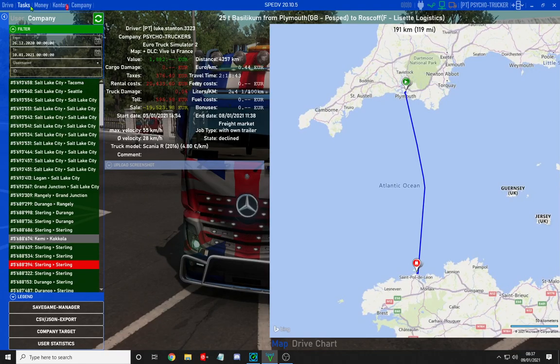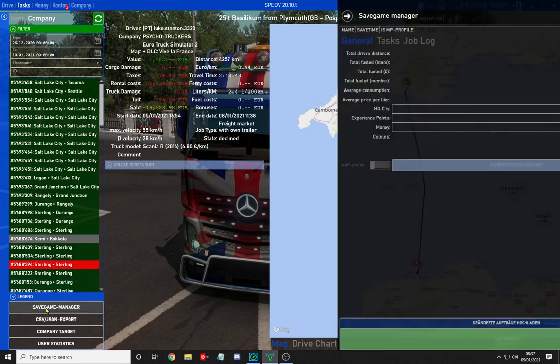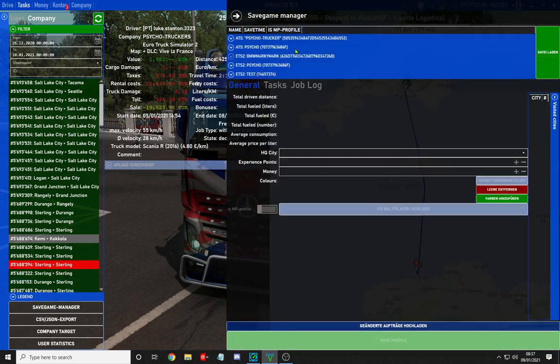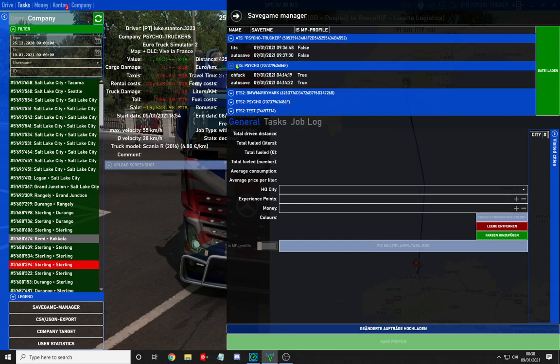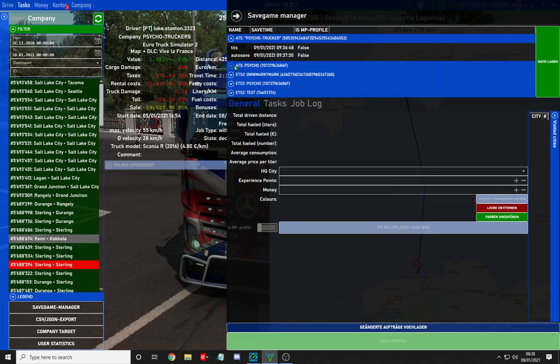Right, next is go to your tasks menu, click on save game manager. Then you should see, if you're linked in right, all your save games. I have single player, multiplayer, single player, multiplayer, or whichever ones you have, as long as you know which one's which. If you click on your multiplayer saves,